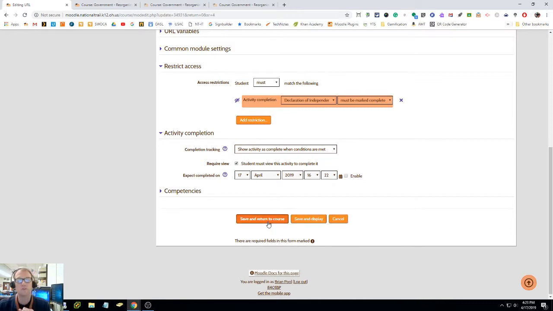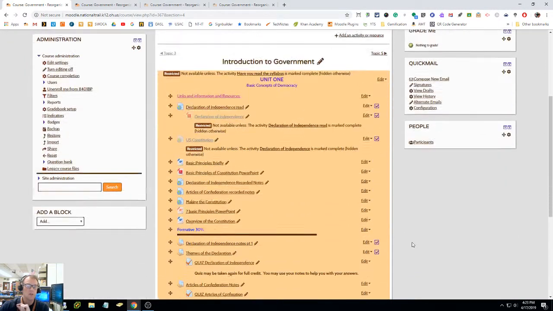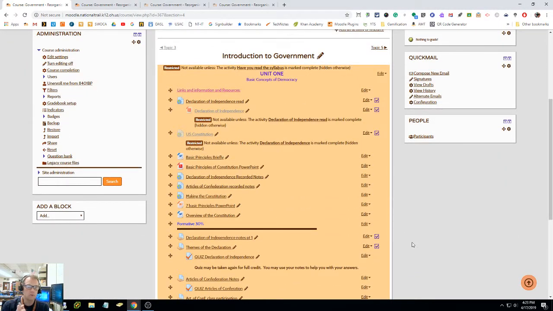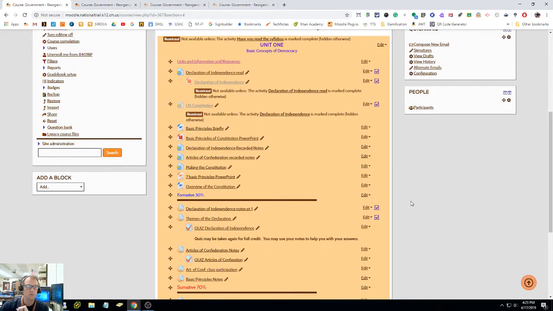So instead of students getting inundated with the entire class at one time, you can have things show up as they go. And you can do the opposite too. For instance, I know that teachers frequently hide things as students go. You can say as soon as they take this quiz, everything up here disappears if you want to. So restrictions allow us to choose a multiple myriad of things to make Moodle items appear or disappear during the